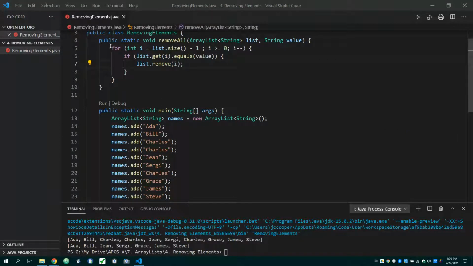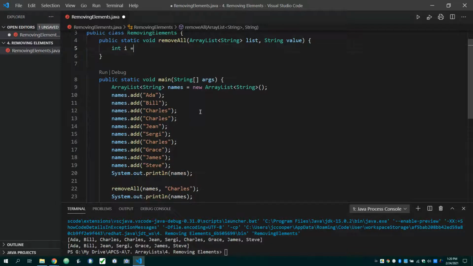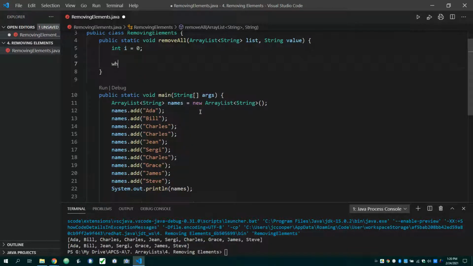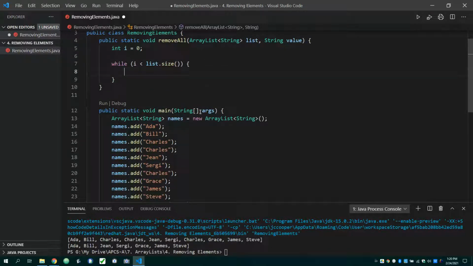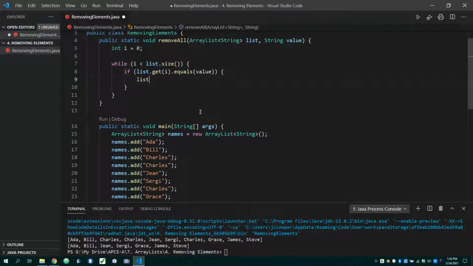And I'll show you one more strategy if you don't like the looping backwards, and that is use a while loop instead. So I'm going to say int i equals 0, and I'll just say while i is less than list.size. And then I can say if, let's see, it'll be list.get(i).equals(value). And then we'll say list.remove